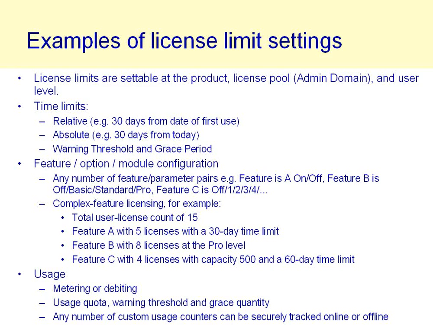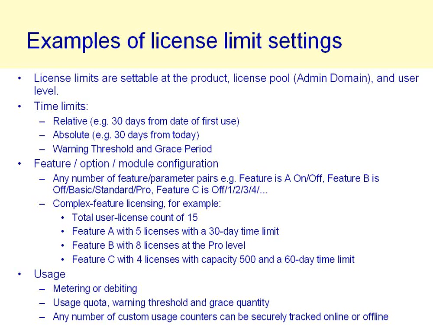Another type of licensing you can do is usage-based licensing. The two terms that we use here are two models: metering and debiting. By metering, we mean where the usage is being tracked and recorded over time, but there's no specific limit being set. Your user's usage of your application is being recorded for later billing or analysis, whatever it might be. And debiting is where somebody has purchased a usage quota from you. As they're working with your application, each time they call particular high-value functions, for example, that usage quota is debited, and when they've exhausted that inventory, then they need to buy more quota from you.